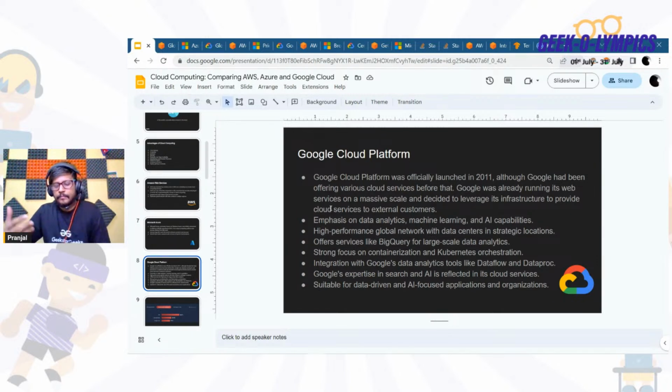Like, as I am from a DevOps background, in DevOps we use Kubernetes, which is a container orchestration tool, so that you are able to manage multiple containers at scale. Kubernetes was built by Google only, and later they made Kubernetes open source and handed it over to the CNCF, Cloud Native Computing Foundation. I forget the full form, it doesn't matter. But just understand, they are ahead of time because of this. They're always involved with advanced technology like Kubernetes.